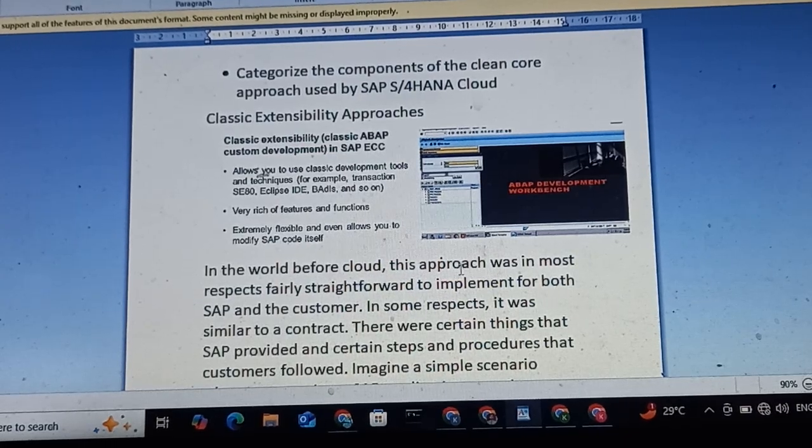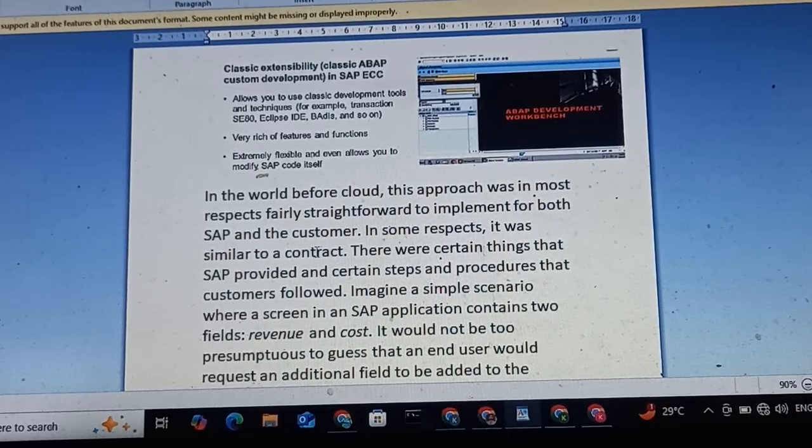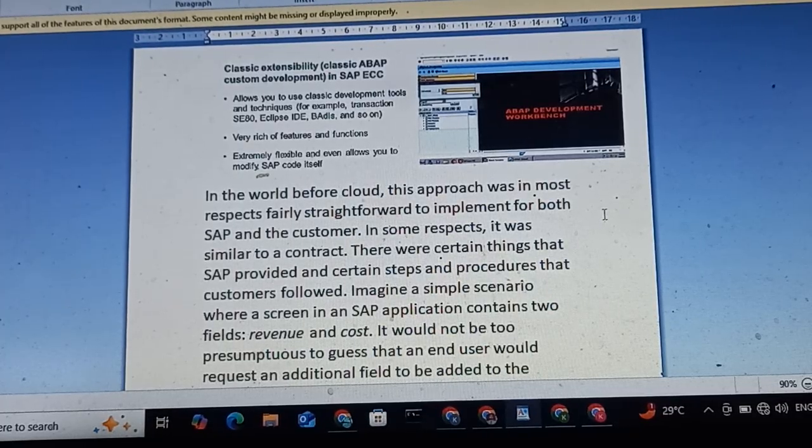before cloud, this approach was in most respects fairly straightforward to implement for both SAP and customer. In some respects, it was similar to a contract. There were certain things that SAP provided and certain steps and procedures that customers followed. Imagine a simple scenario where a screen in a SAP application contains two fields, revenue and cost. It would not be too presumptuous to guess that an end user would request an additional field to be added